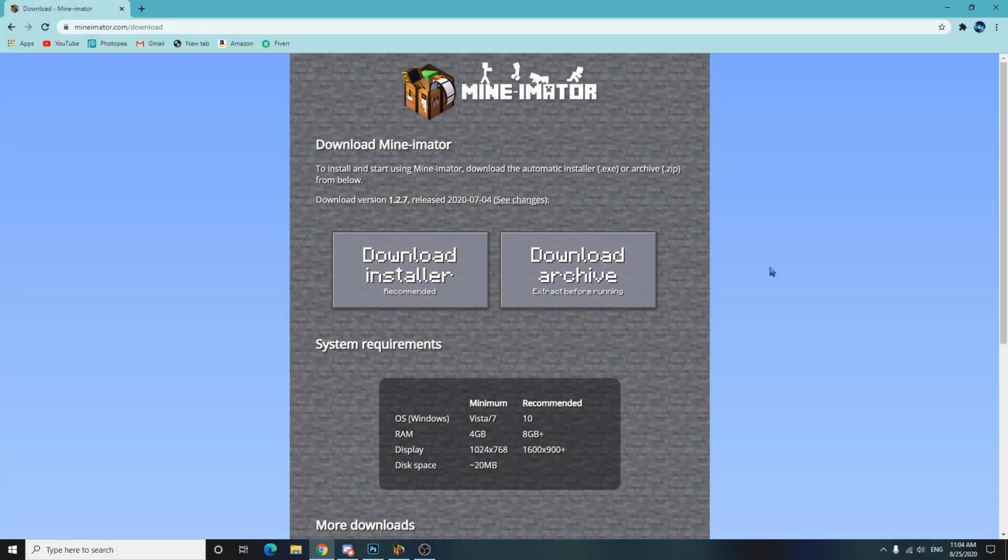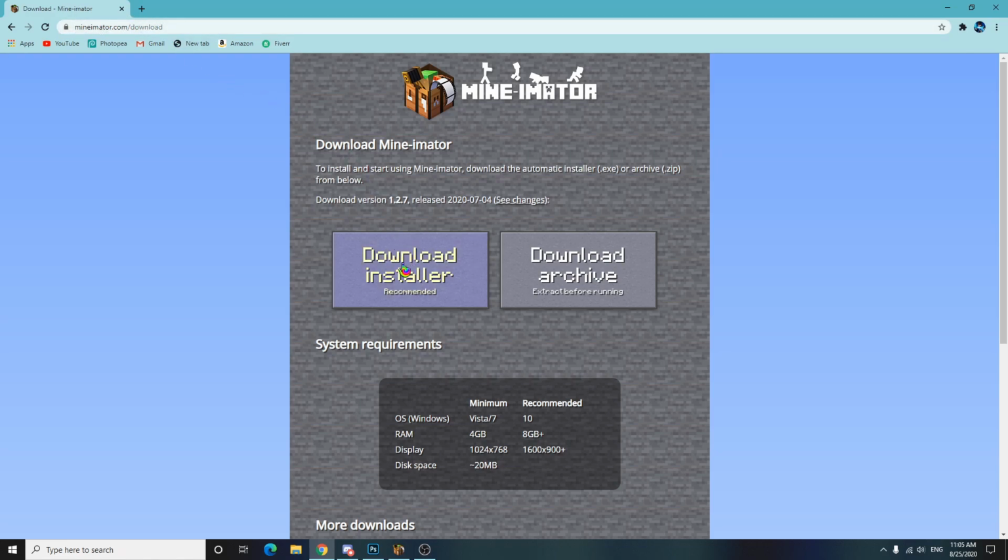Today I'm going to be teaching you how to make quite simple renders of your Minecraft character like I have in lots of my thumbnails, although they're not going to be exactly like mine. I use a few more advanced methods for mine, but this will just be a simple version of how to make them. So the first thing you want to do is go to the link in the description, which is